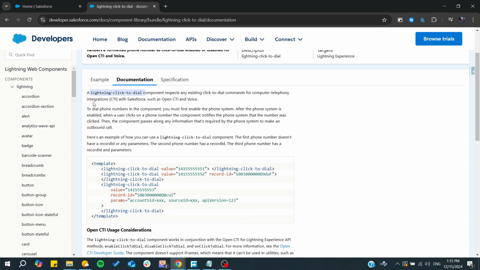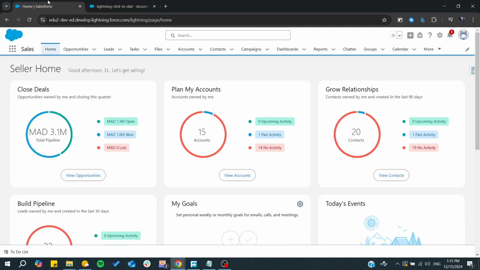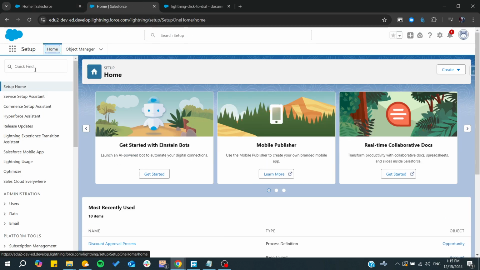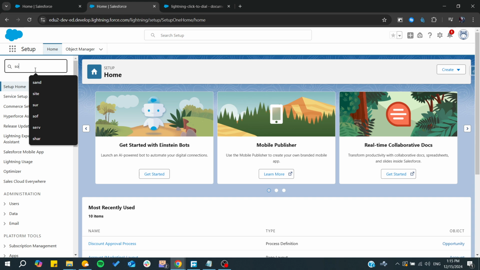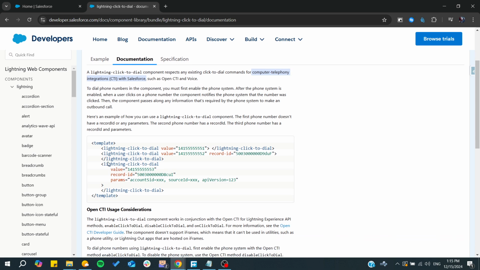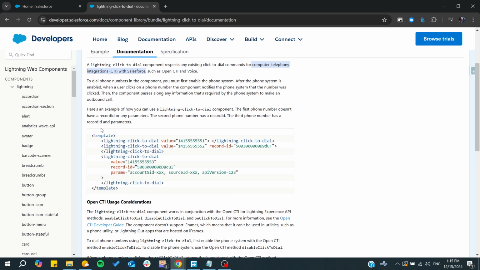That means that you already have some computer telephony integration with your Salesforce that is already enabled by going to your setup and going to the softphone configuration. So from there, you will need to have your line that will be already set up in the softphone layouts, etc. And after that, you can start creating some layouts or to create some interface to start using the